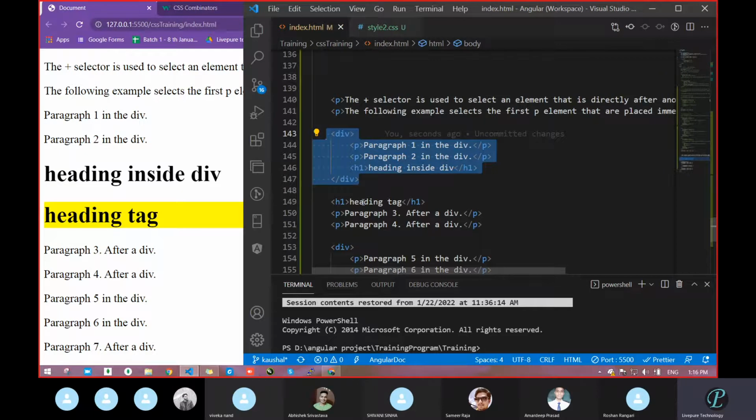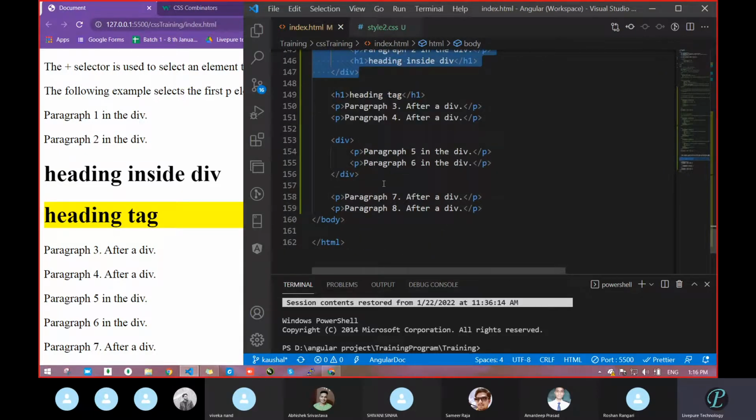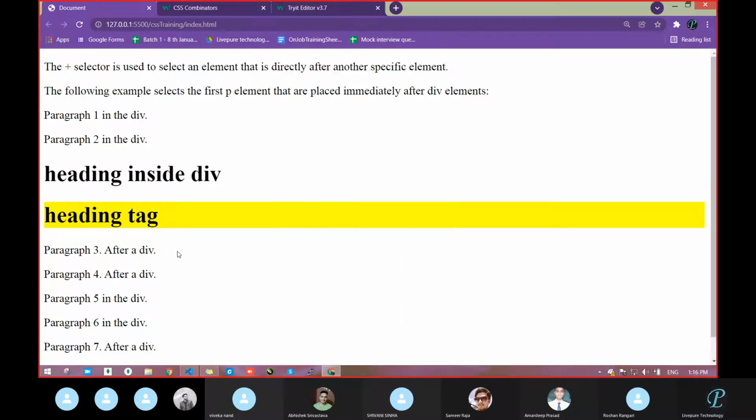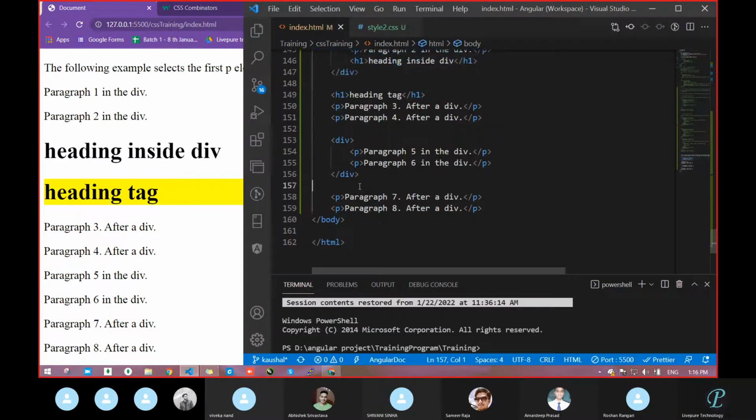Okay, do one thing. Is it possible to apply the same thing on the second one for this section? See, on this div, P is there and P is also there. Now I want to apply it on paragraph number 7. This paragraph. It won't apply.